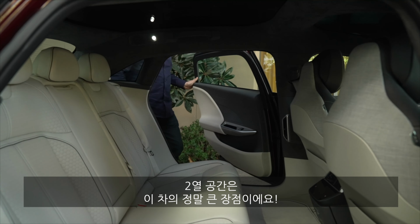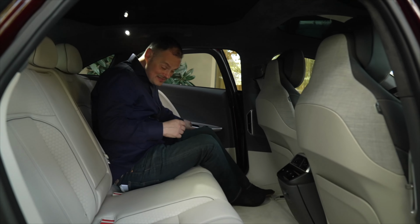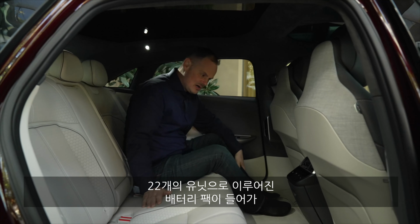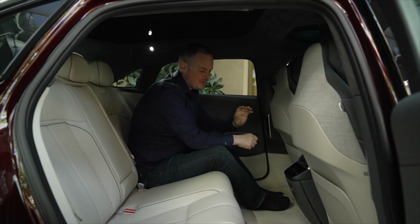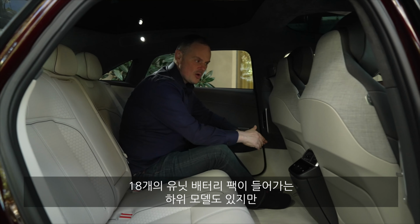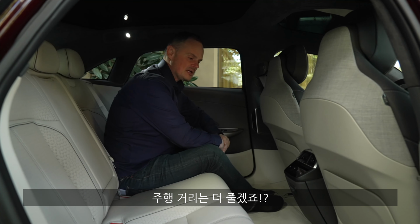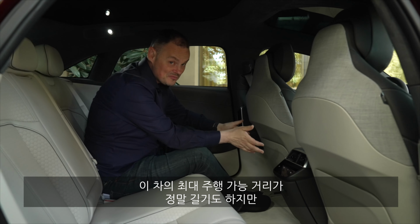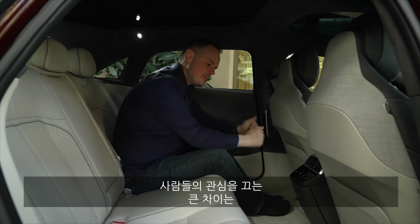Well, the back is really the big story of this car. Wow, it's cavernous. Now, this car has a 22 unit battery pack, and that's really important because that's there to maximize the range. You can also get the lower editions of this car with an 18 unit battery pack. Now, that does obviously impact on the total range, but as the overall total range of this vehicle is so incredibly impressive, it's not going to bother most people, but it is going to make a big difference to what happens back here,